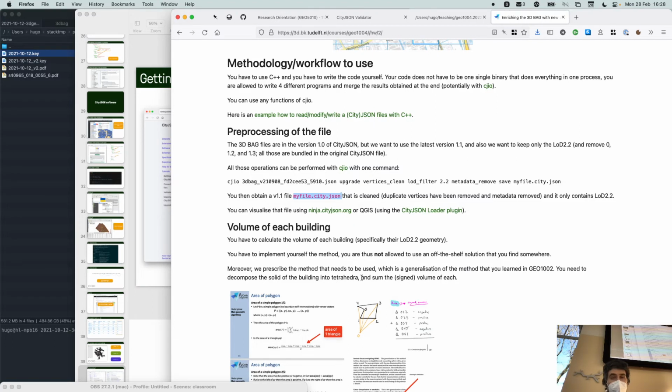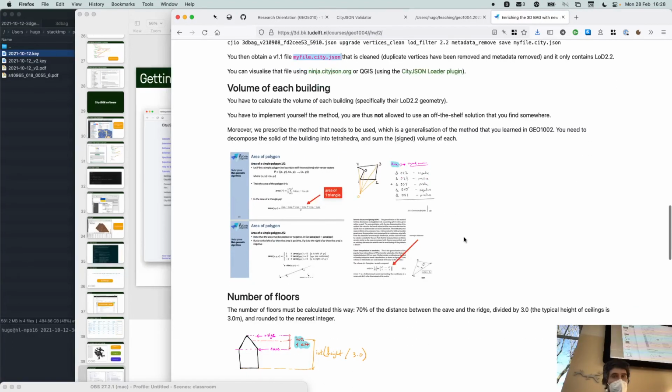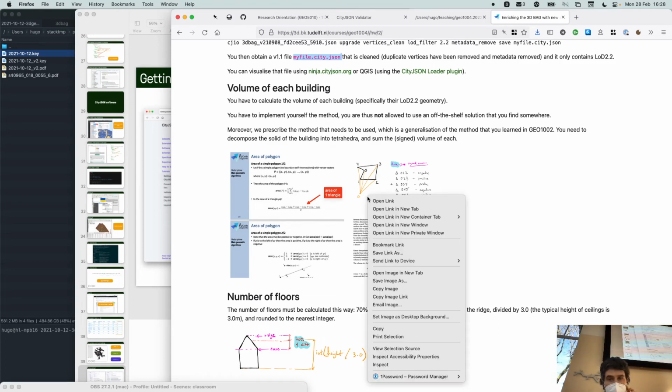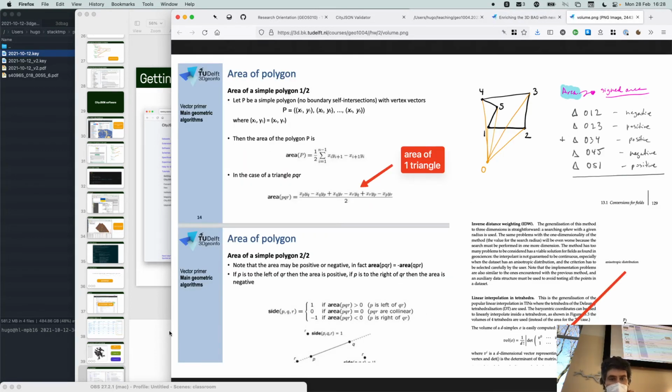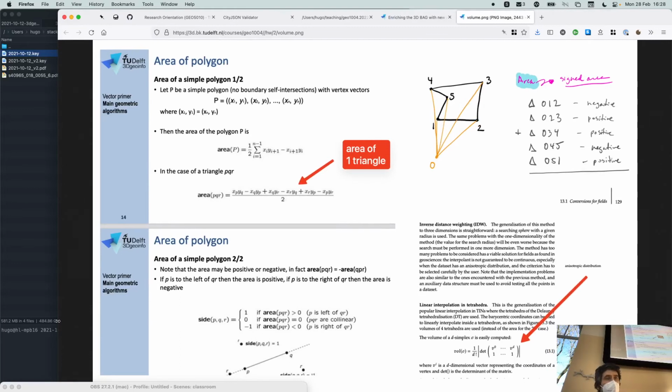And you need to calculate the 4 attributes that I mentioned. I explained here how to do it, and I will just speak about two of them. So for the assignment, you have to code the volume yourself. You're not allowed to just find a library that will do it automatically for you. That's cheating. So you need to code it yourself, and we enforce the method that you should be using. That's the easiest method, in my opinion, to do it.